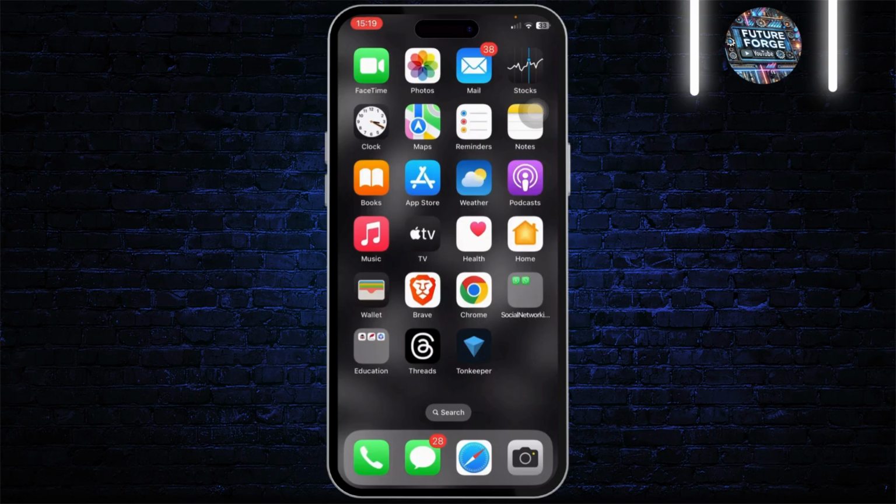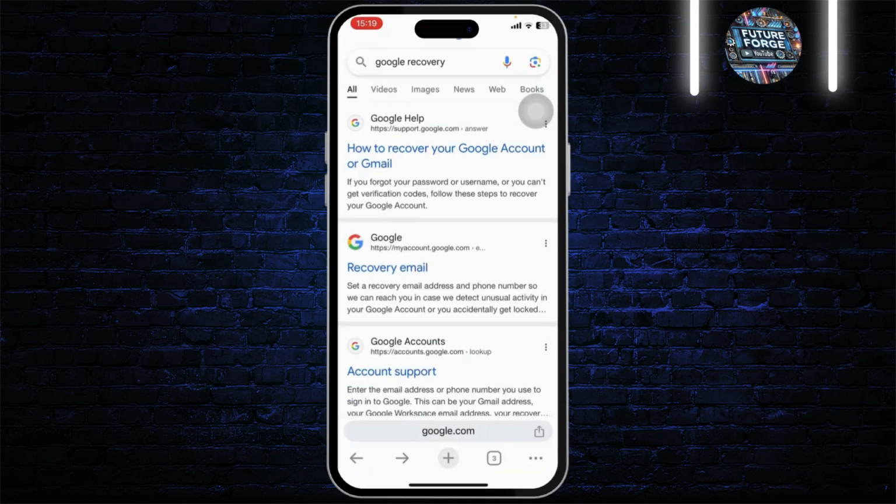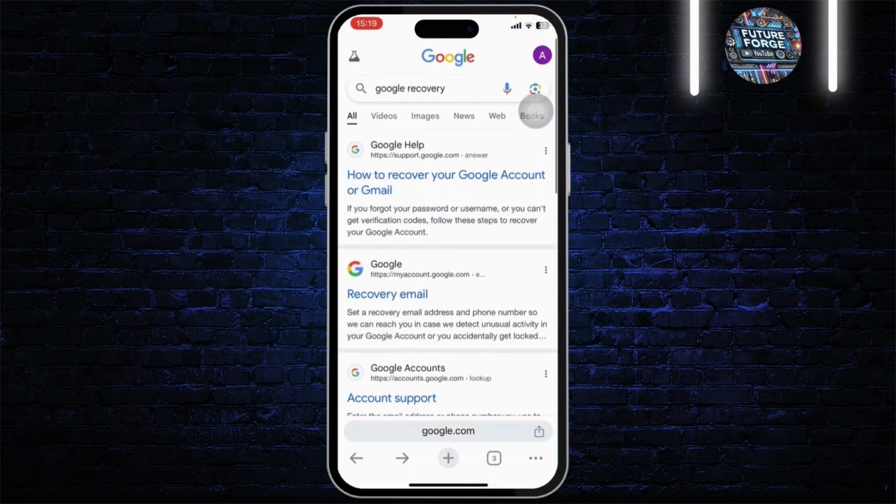In today's video, I'll teach you guys how you can reset Google password if forgotten. So let us begin. First of all, open up any web browser. After you open up any web browser, simply search for Google Recovery. After you search for Google Recovery, you will see the support.google.com website, and there tap on how to recover your